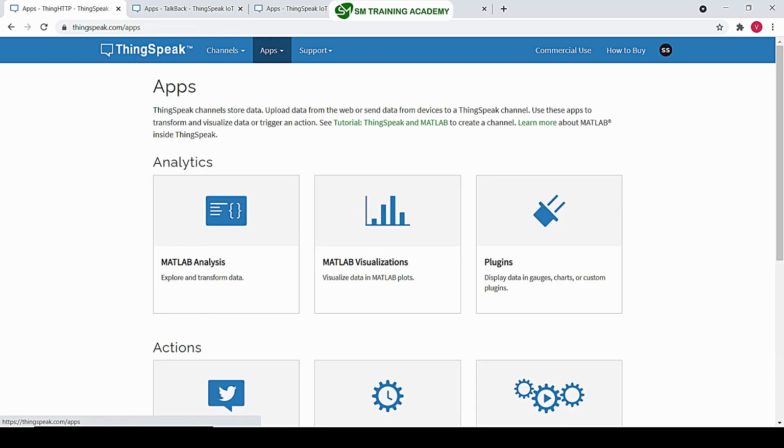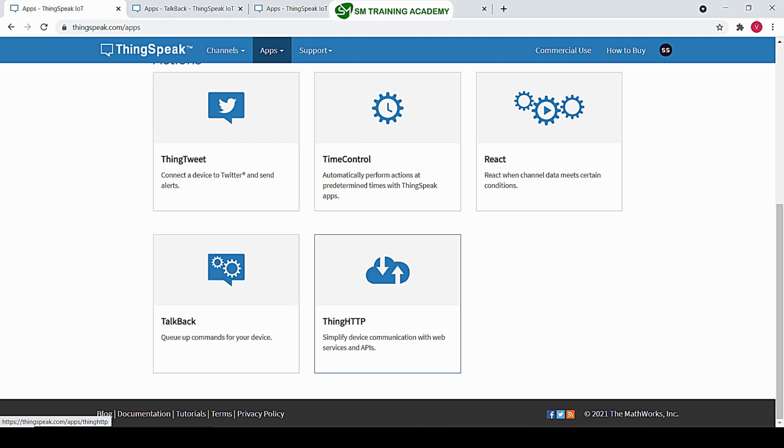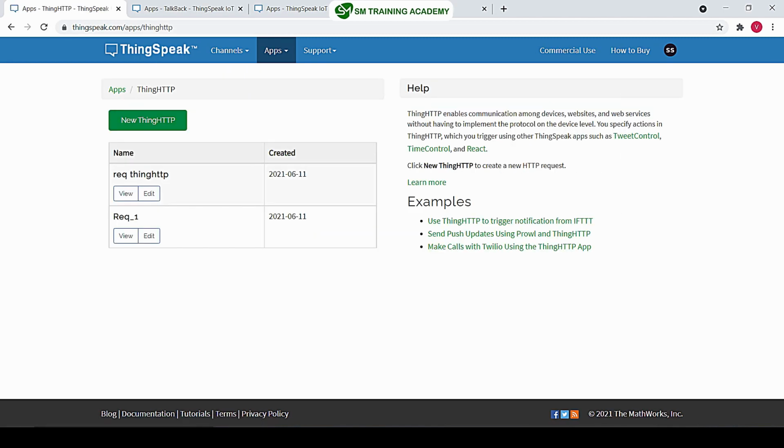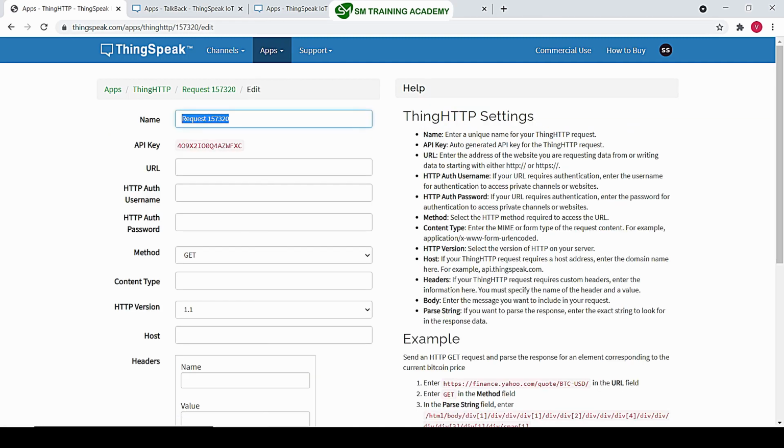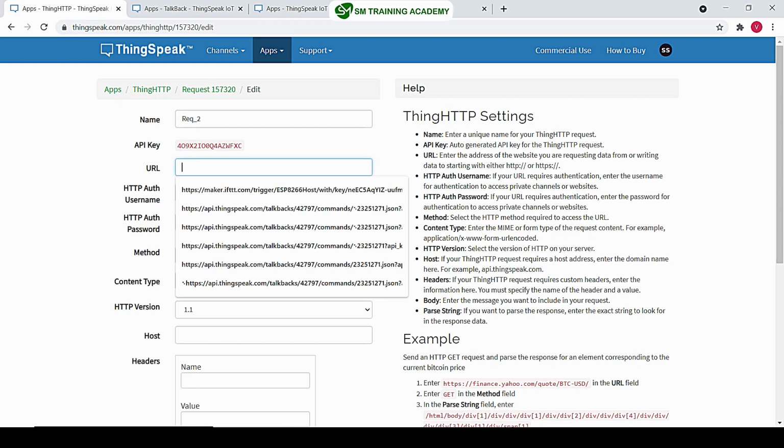Now coming to the previous apps, I'm just going to create another ThingHTTP for turning off the LED. Now create another one, New ThingHTTP. I'm just giving the name here to be request 2. Here also I'm just going to